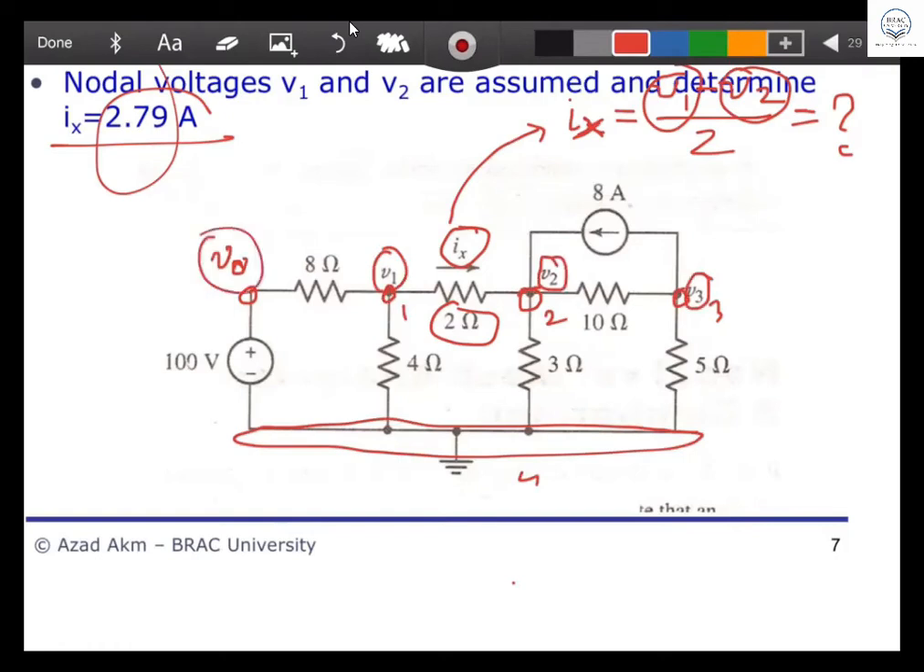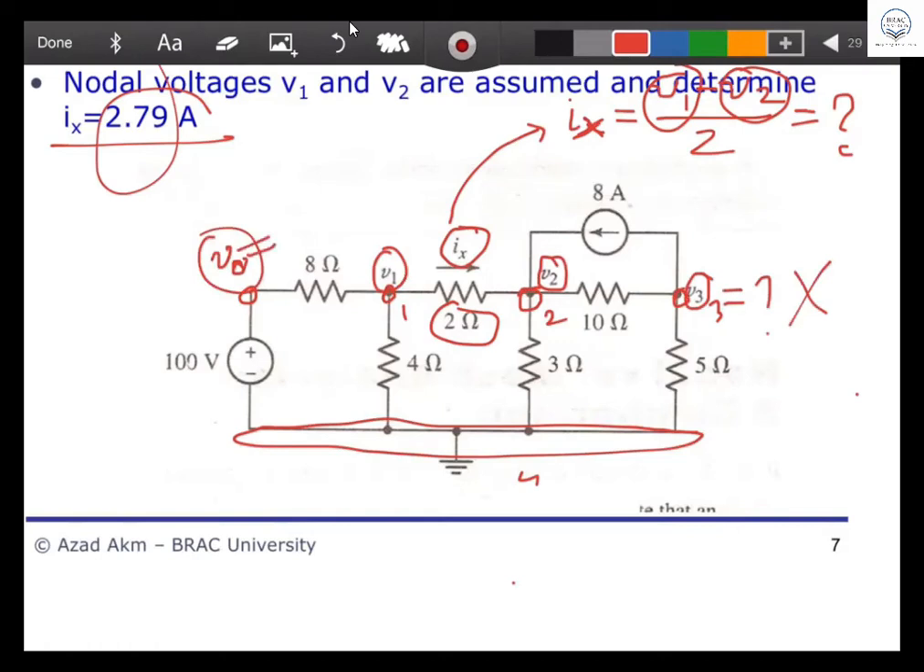But I don't need to find the value of V3, because I need only V1 and V2. But you can find V3, no problem. And V0 also I don't need to find, but can any of the children answer,